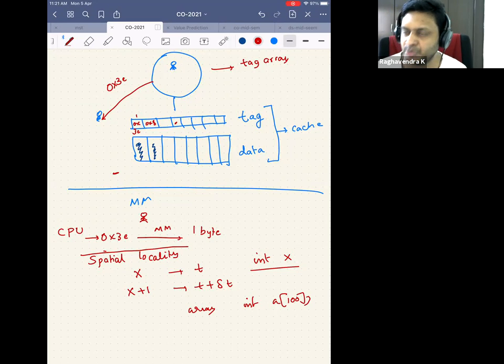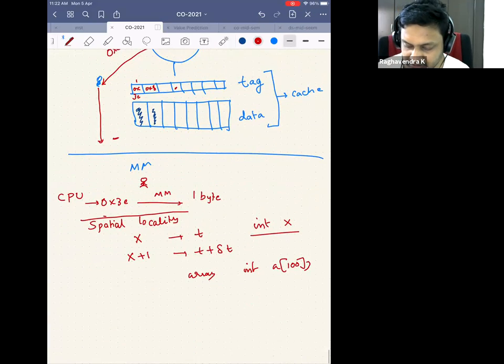Most of the databases that you can think of, most of the programs that you write, use some kind of array or structure where the data is spatially related. Of course, you can write programs where the data is not spatially related, but it makes sense for me, because the cache has to run so far, I will not bring one byte, but I will bring a chunk of bytes. Let's say, instead of 1 byte, we have to modify this design where she brings 2 bytes. Okay, let's assume that she brings 2 bytes.